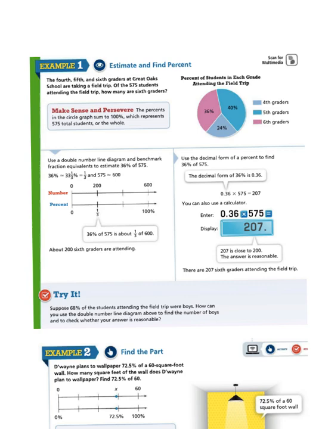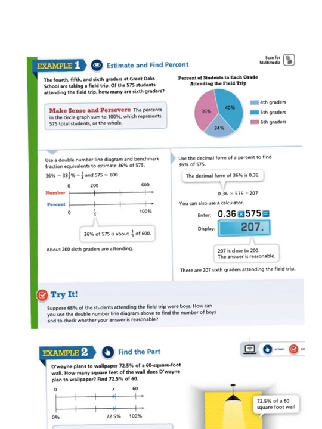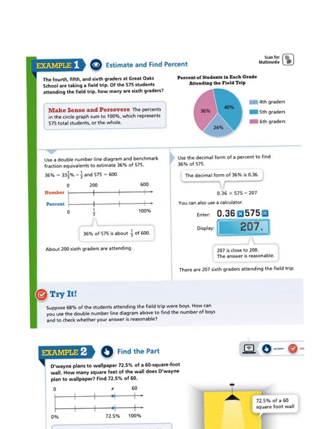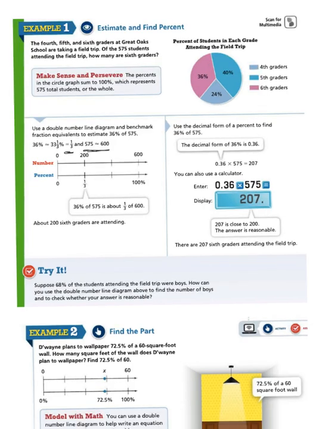Well, the very first thing you have to do, just like we learned in the last lesson, is round. 36% is very close to 33 1/3, which would be 1/3. 575 is approximately 600. So you can estimate, just as they did showing a double number line, where 1/3 of 600 is approximately 200